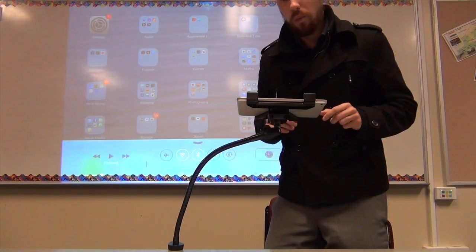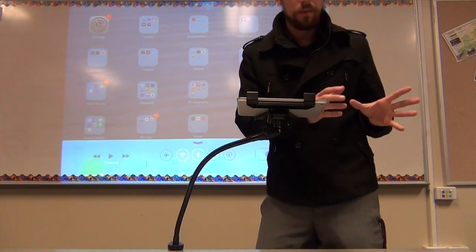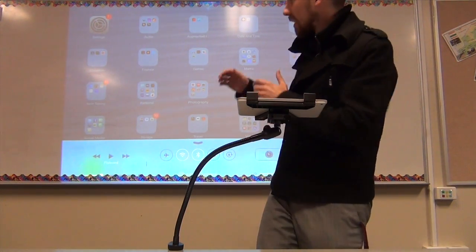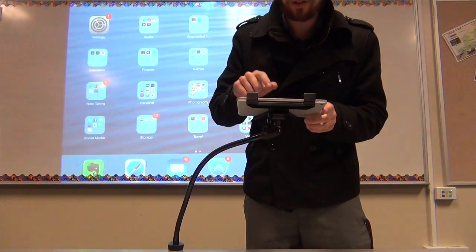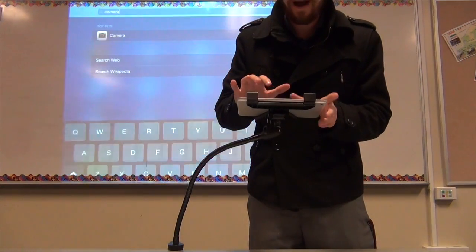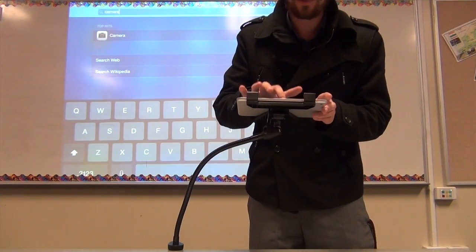Okay, so now that I've mirrored what's going on my iPad onto my computer, I can actually project it up onto the screen for the kids to see. Now this is really exciting because what I can actually do is go into the camera app, so I just type in camera in the search function,